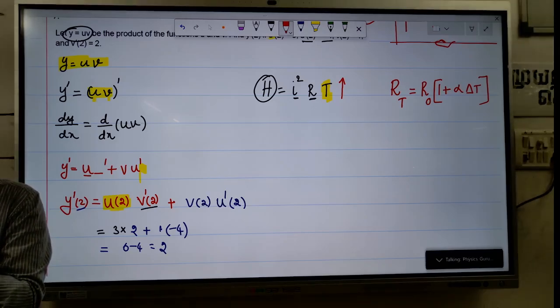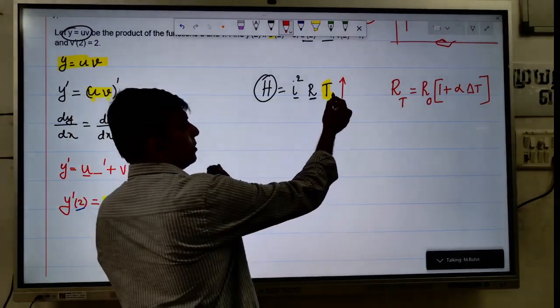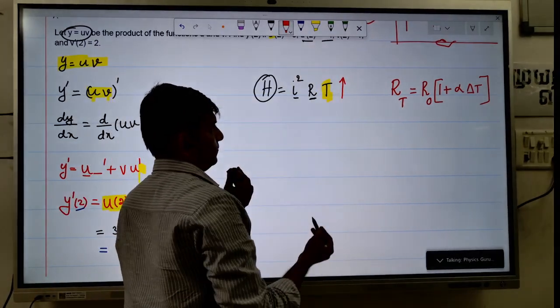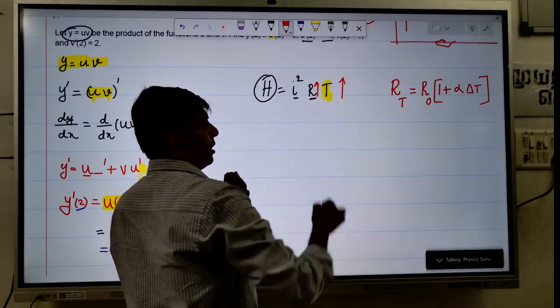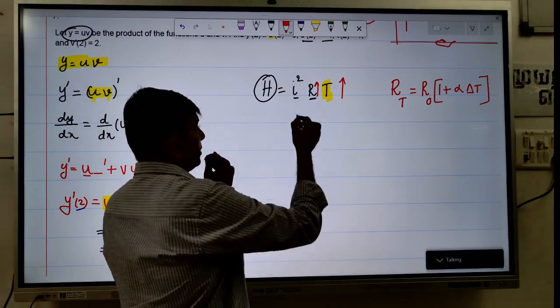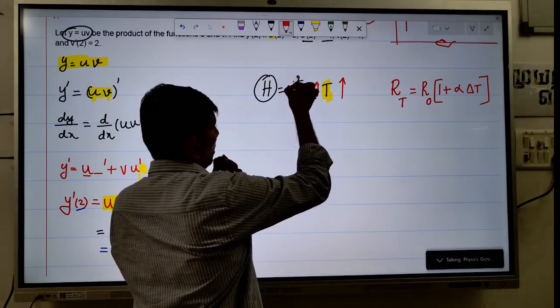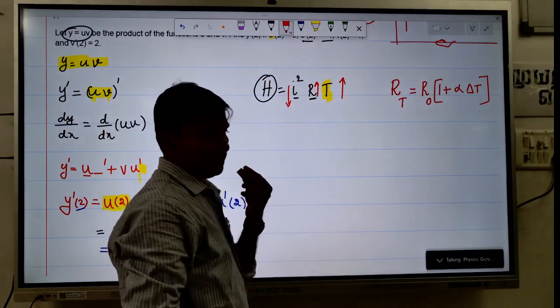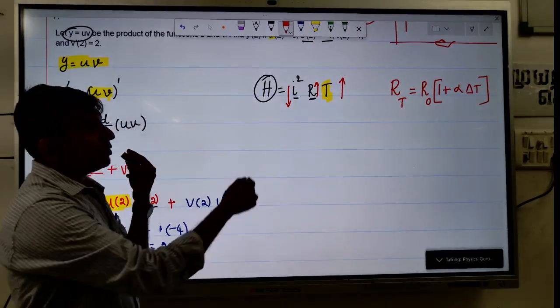ஓகே, புரிஞ்சுதா? ஸோ keep that in mind. Suppose if the temperature increases and accordingly your resistance will also increase. When the resistance increases, the current will start to go down. Am I right? And according to this equation,